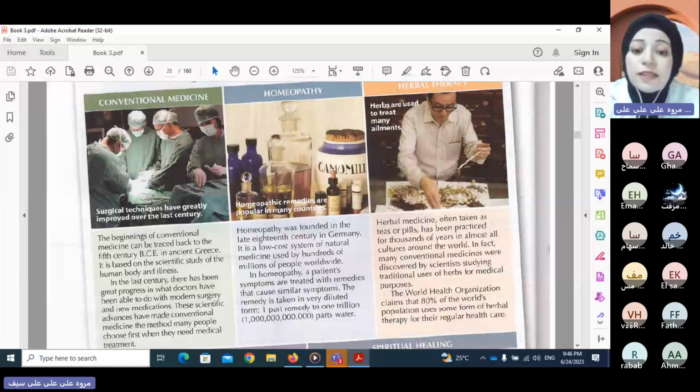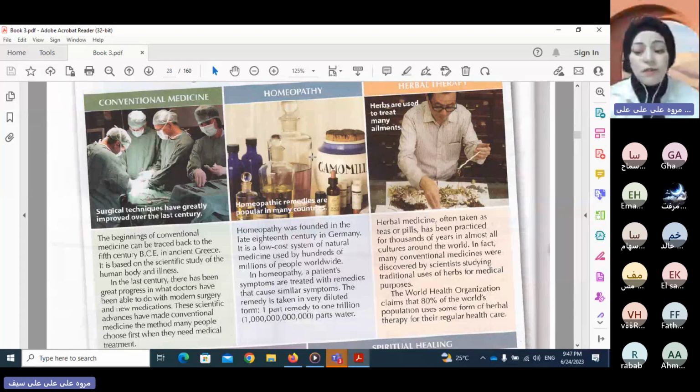Okay. So you think it's natural because they write the word natural here, natural medicine. Yes. Okay. So the substances utilized in this kind of remedy are natural resources. So they come from nature. Have a look at these. Actually, what I understand is that they are chemicals, but they come from natural sources in nature, but they are not herbs. They are not herbs, okay? It's homeopathy. It's natural, but it's chemical as well.